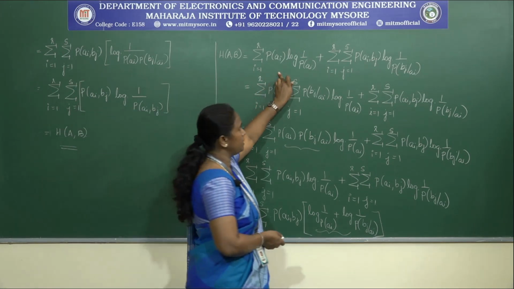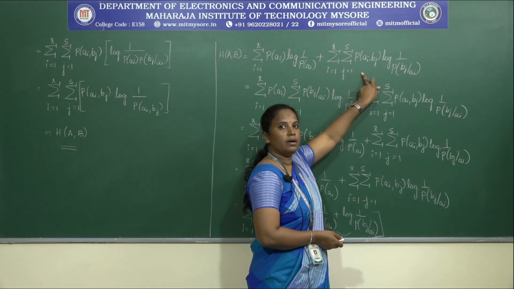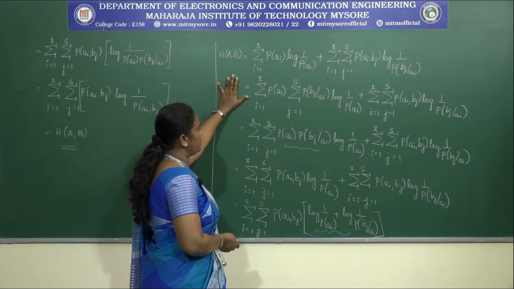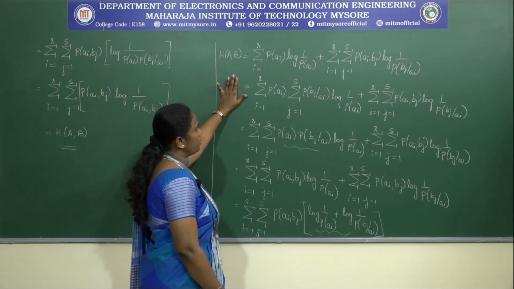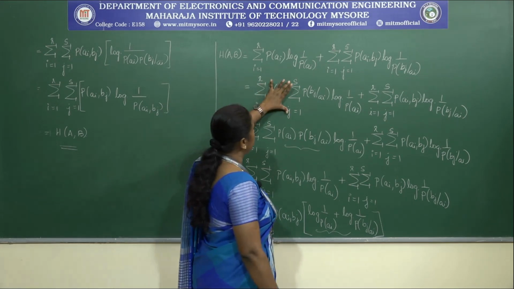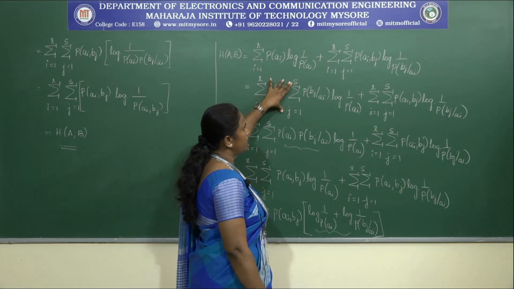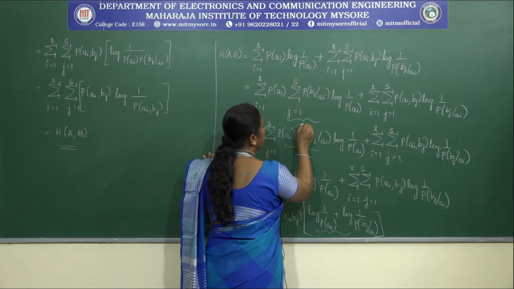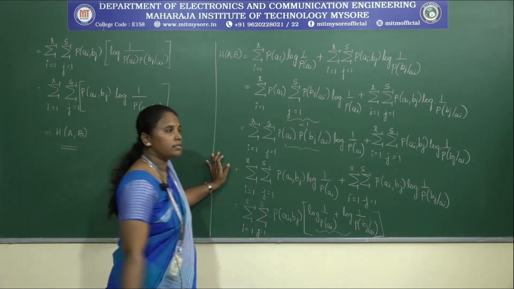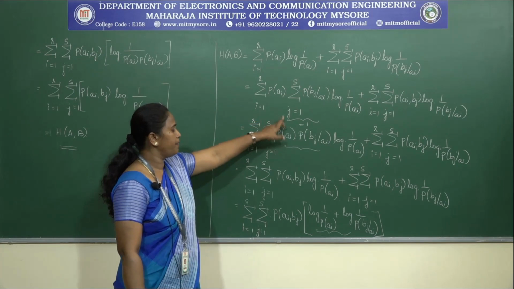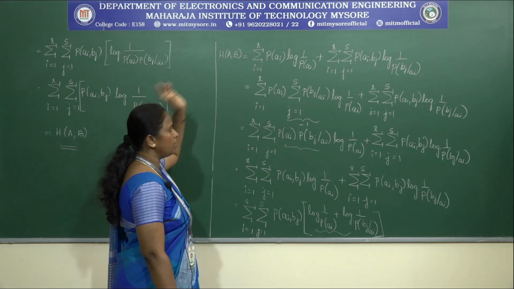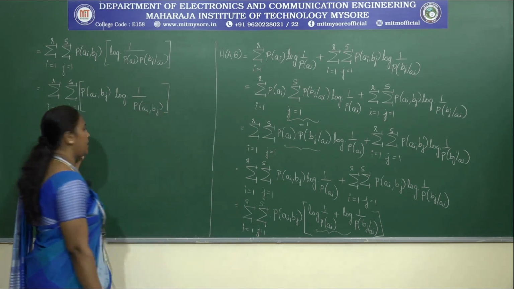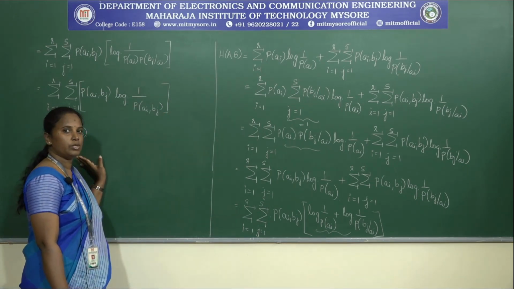Okay, this is the equation we need to arrive at for the joint entropy, where we considered initially h of a plus h of b by a. Further we simplified the equation by substituting the summation of j equal to 1 to s, p of bj by a, whose value is equal to 1. Considering that, we substituted it in the equation for conditional entropy, simplified further, and arrived at the joint entropy equation, that is h of a comma b.